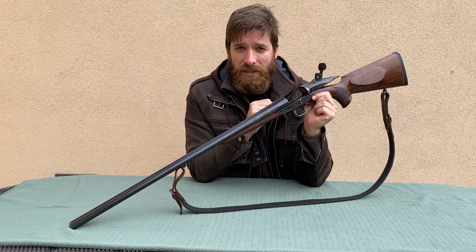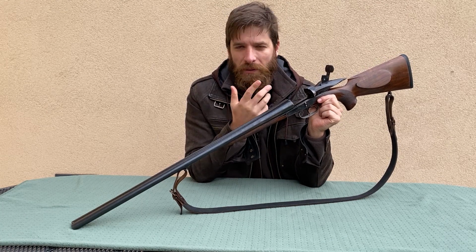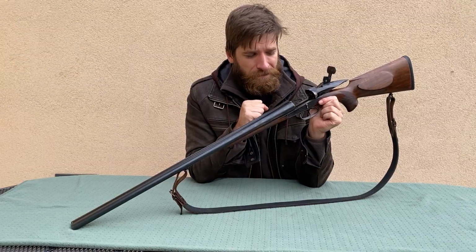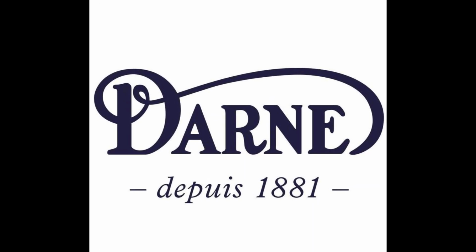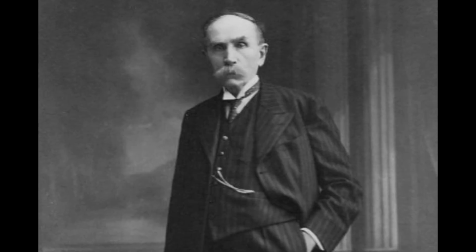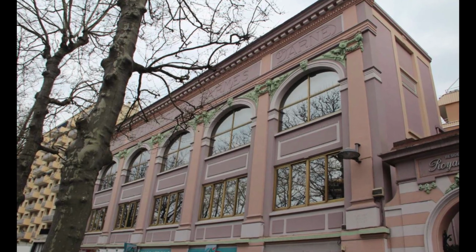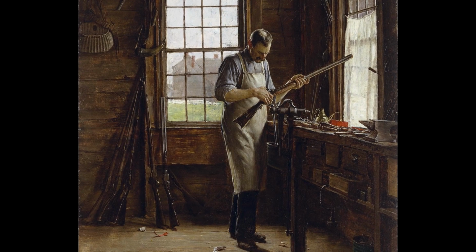And if you want to talk about sliding breech system, we also have to mention another manufacturer, Darne, if I pronounce it right in French, who actually invented this system, and his company was also in Saint Etienne. I decided to start with a history of Darne because he was the original inventor of sliding breech shotgun. Regis Darne was a genius gun designer with some crazy and amazing ideas. His company was established in the year 1881 in Saint Etienne, and in 1897 he came up with the first